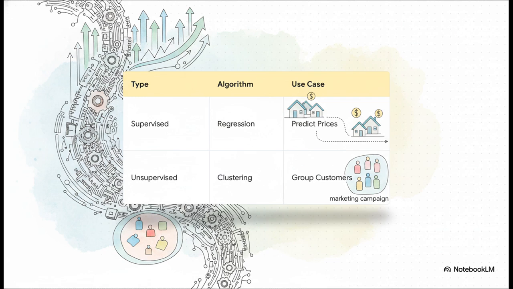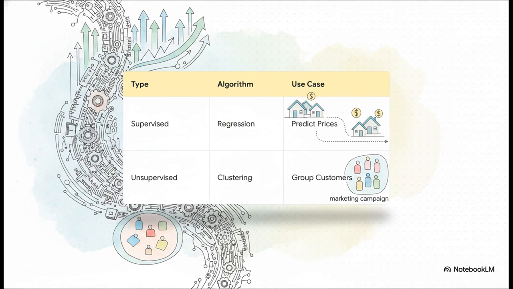What's cool is how clearly these classical algorithms map directly to highly practical, real-world business problems. We generally look at 2 main types: supervised and unsupervised learning. Under supervised learning, you've got regression algorithms like linear regression, which is perfect for predicting a specific number, like predicting future house prices. Then, under unsupervised learning, where the data isn't labeled for you, you have clustering algorithms like k-means.